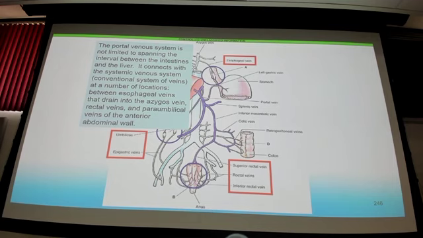And normally they're not open. Just picture them collapsing down, like you picture the eustachian tube. They kind of collapse down. No blood's really going through them normally. But if you go up here and block the liver,